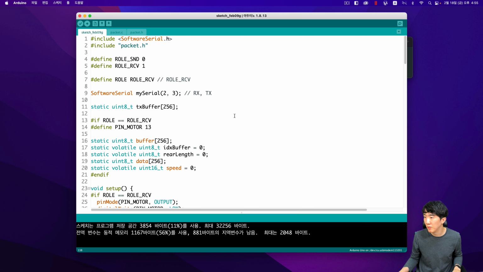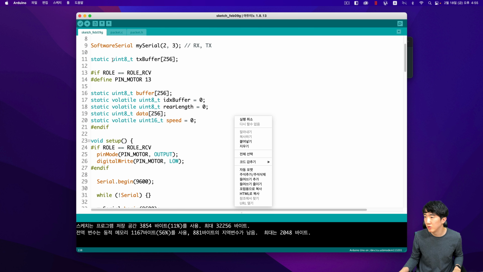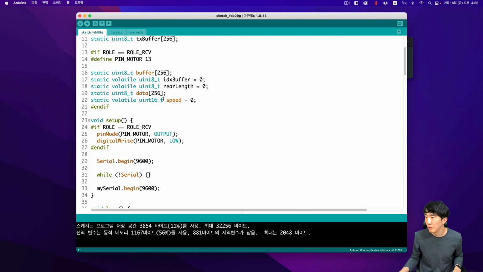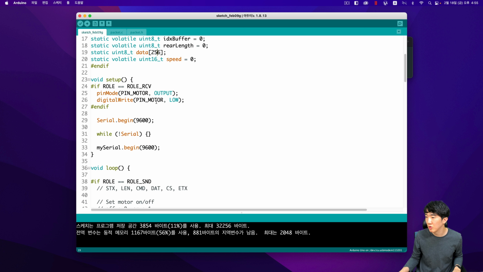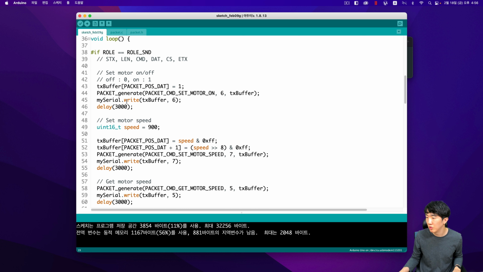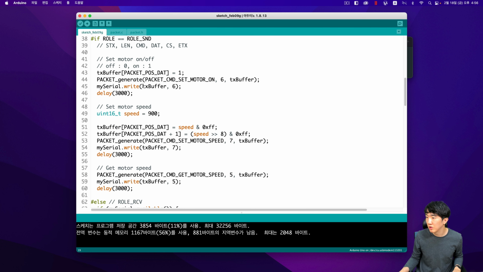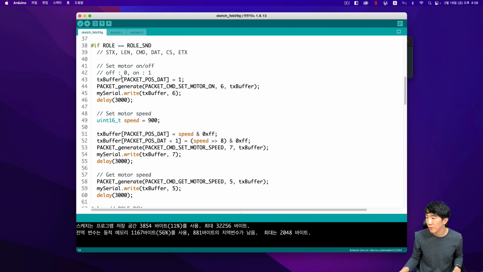If we look at the code again briefly, what I added today is the TX buffer, which I have included, and then I just extracted the data array here. Next, I set up the speed array for the receiver speed and configured the motor pins with macros. For the receiver, I set up the motor pin separately and intentionally placed the code for setting the digital low in the setup section. Additionally, I made quite a few modifications on the sender side, so it alternates sending every